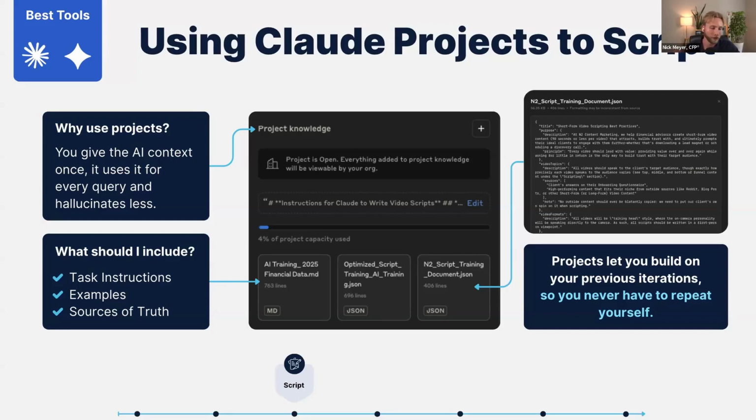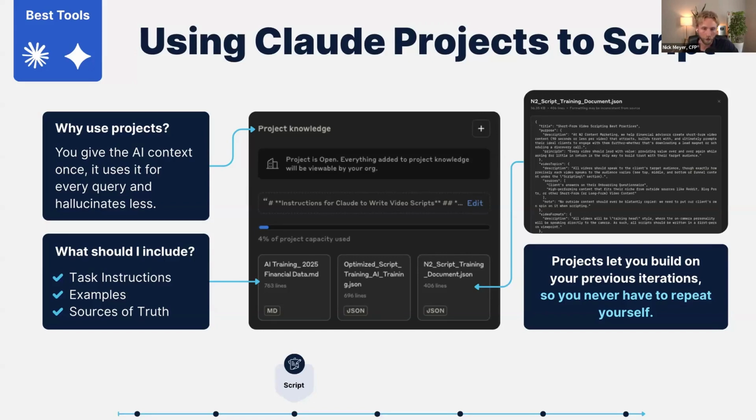Which, if you've ever used AI models, you know that sometimes they just confidently tell you the wrong answers. That still happens a little bit in projects, but fortunately, it's a lot less than it would in normal AI chats. So we have our instruction set, and then down below those 3 documents that you see in those squares are what we call our knowledge base. These are documents that are referenced every single time you submit a chat.